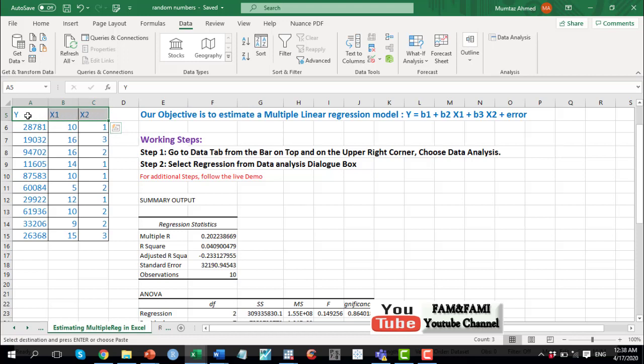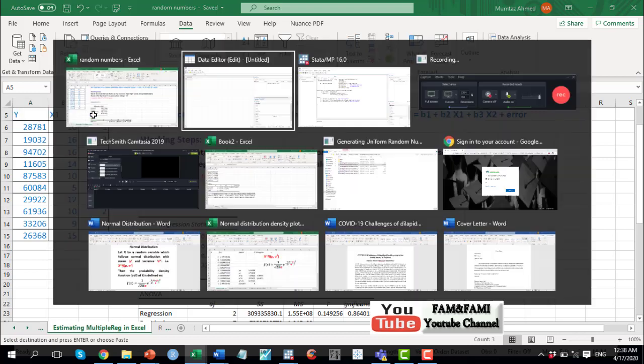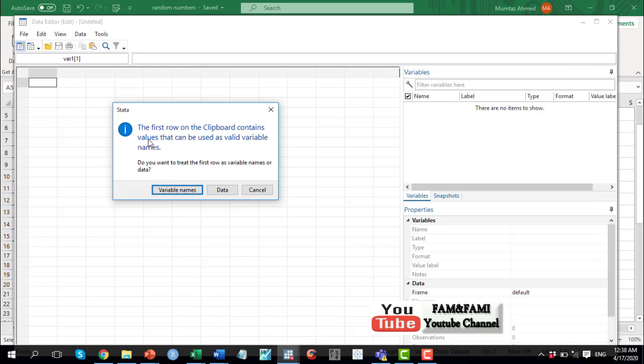Of course these are the variable names: the first variable is y, the next is x1, and the next is x2. Now it is asking whether we want to treat the first row as variable names or data. In our case we want to treat the first row as variable names, because the first row holds the names of the variables.